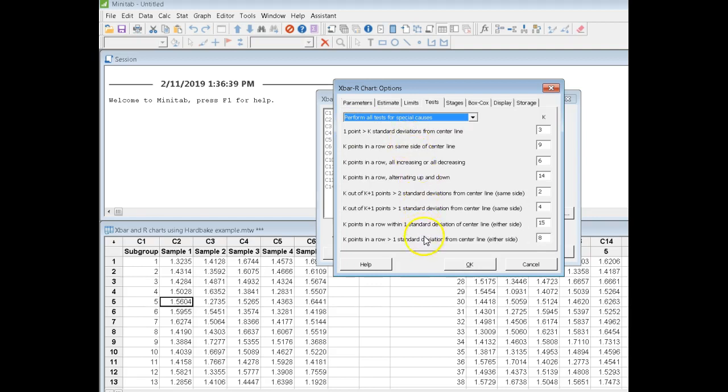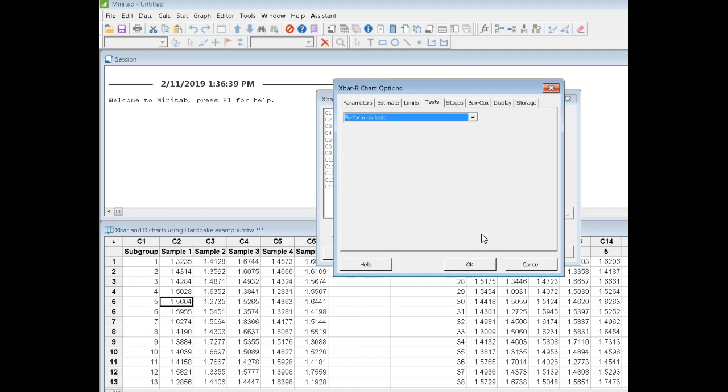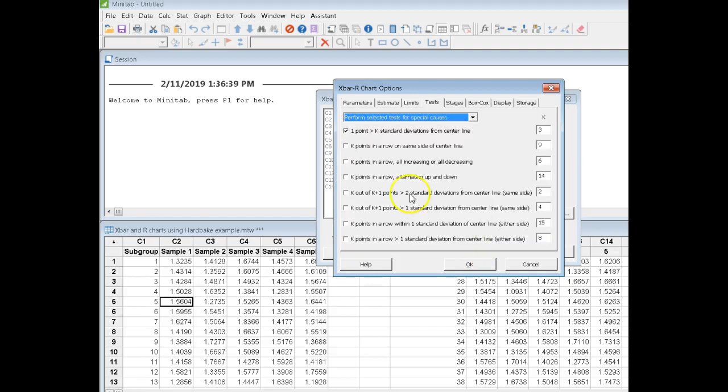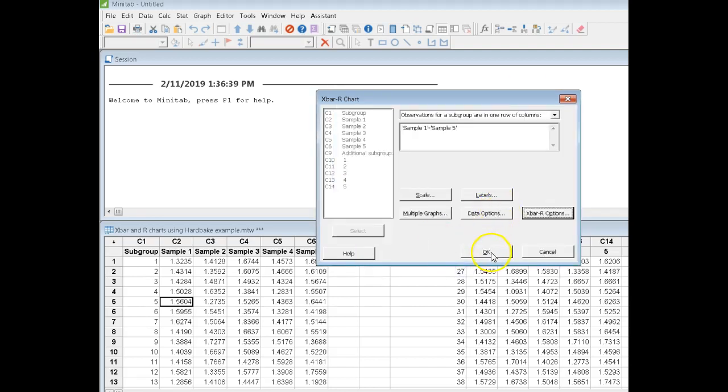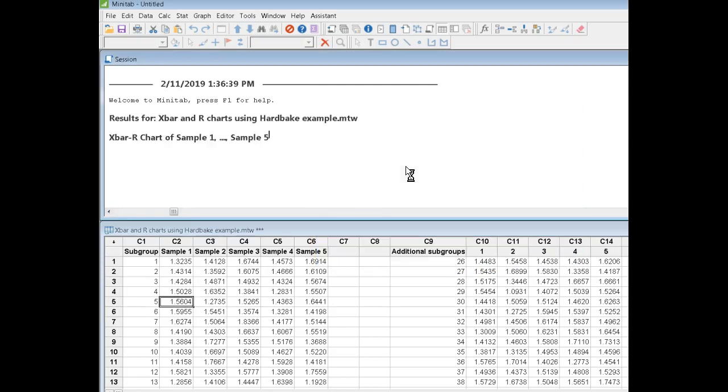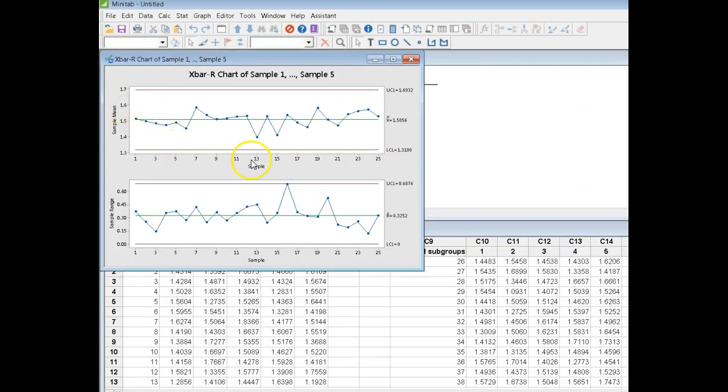So now Minitab will do all, what have I got here? 1, 2, 3, 4, 5, 6, 7, 8 different tests. Maybe there's more if I scroll down. Nope. All right. Perform all tests. If I say OK for those first 25 samples, when my X-bar and R charts are generated,